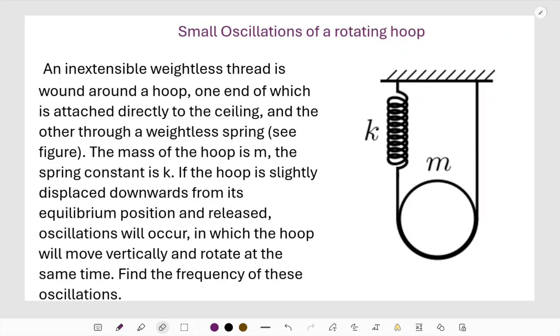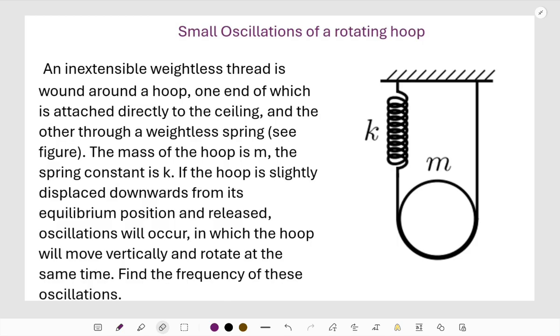and we need to solve something, the small oscillations of a rotating and translating hoop. And how can we do this? So let's read the statement of the problem that says an inextensible weightless thread